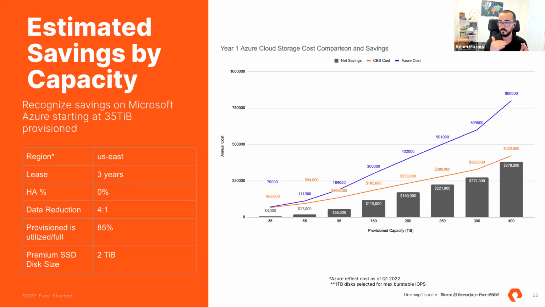Once you hit that point, once you start adding more data, your savings will grow exponentially. As you can see here, you can start at 35 and at 200 provisioned capacity, the savings are $170, which is based on one of these charts. It's just an estimation for one of the regions, I think, in the US.